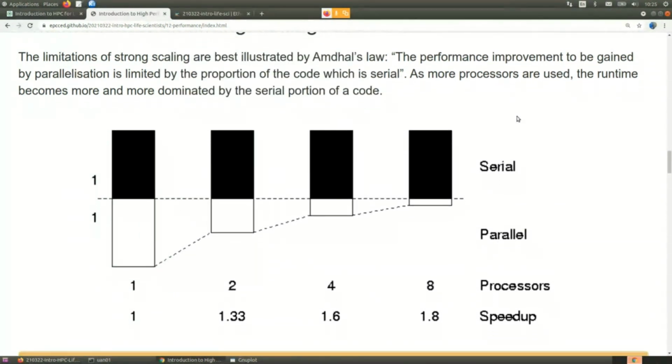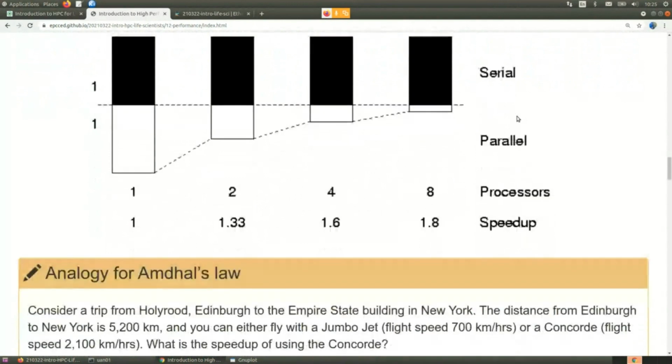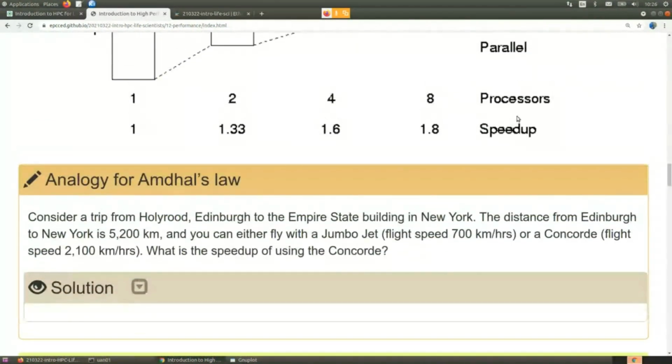Now, so far, this might seem all very abstract, so I'm going to try to explain this with a slightly more simple problem, or more easy to visualize problem. Arno, Holly, and I are based in Edinburgh, so let's consider that Arno, Holly, and I wanted, for whatever reason, to go suddenly to the Empire State Building, and let's pretend that we could. Let's consider a trip from Holyrood in Edinburgh to the Empire State Building in New York. The distance from Edinburgh to New York is roughly 5,000 kilometers, and